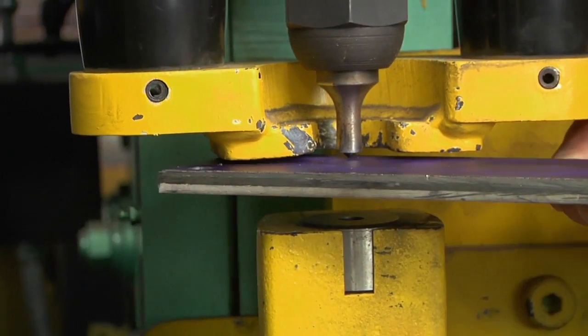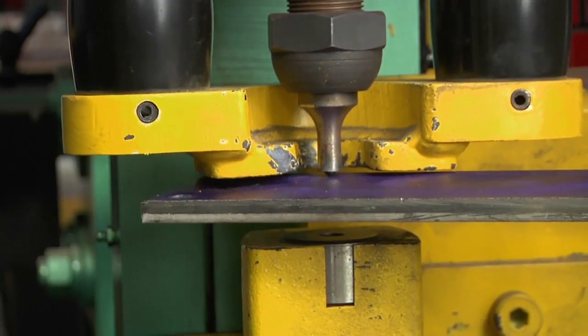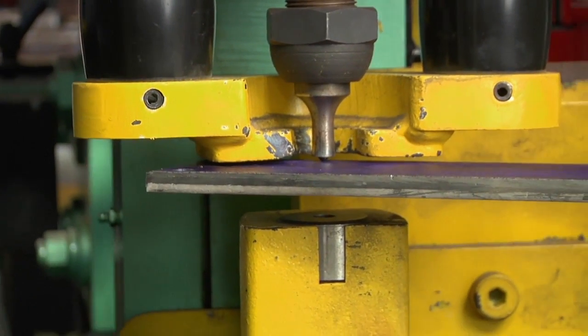This is stainless, so it's a little tougher. Steel would push right through there and not even make a noise. But stainless is...